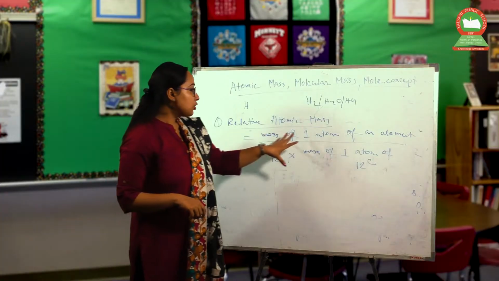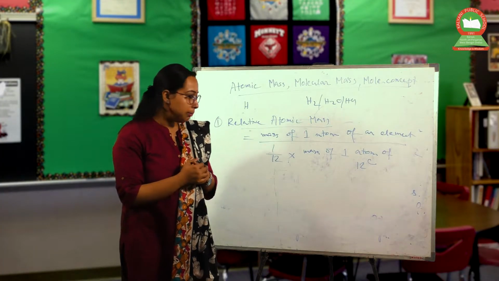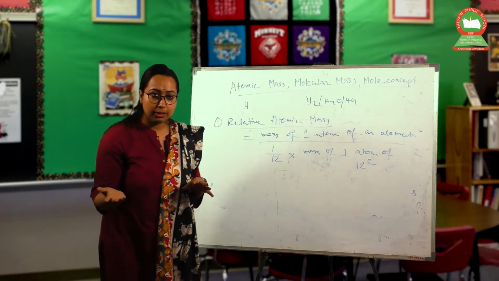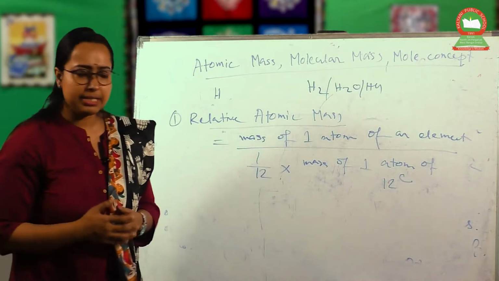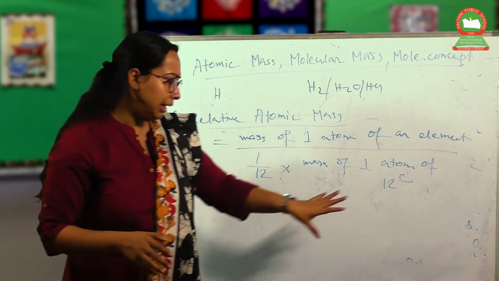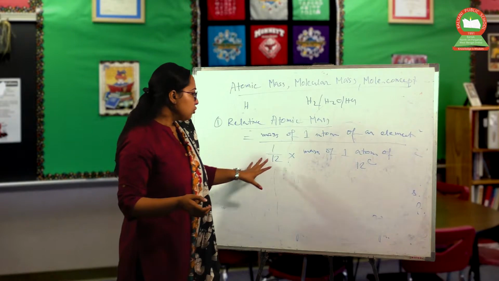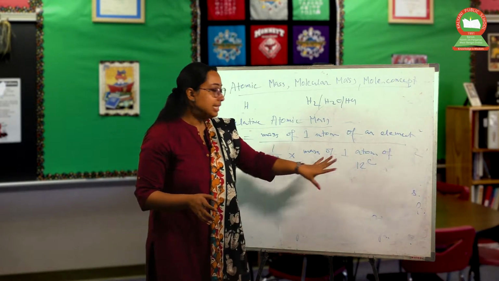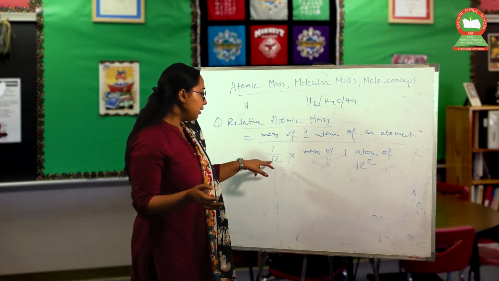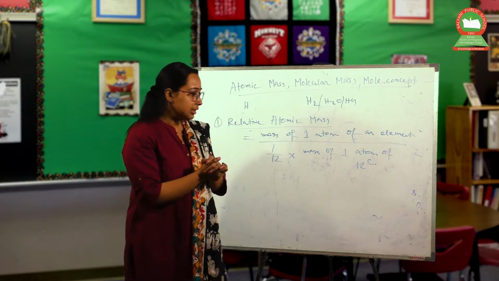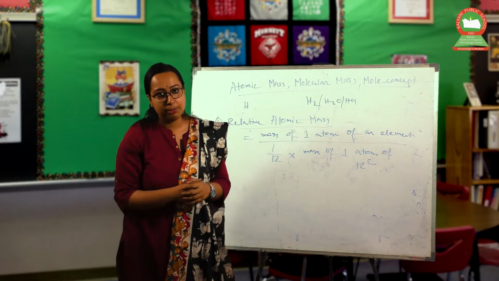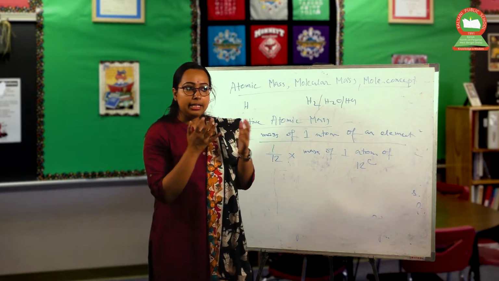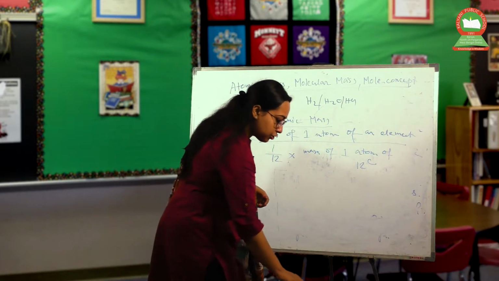So, the mass of one atom of an element is a very negligible part, so we have to divide it by the 1/12th part of the mass of one atom of 12C. 12C is the normal carbon; we will discuss that later. So, this is the carbon atom and this is the reference. On the basis of this 12C and multiplying by the 1/12 part, we can easily calculate the relative atomic mass, and this is a rounded-off mass. We can easily use these in different types of numericals. So, first of all, this is the thing.